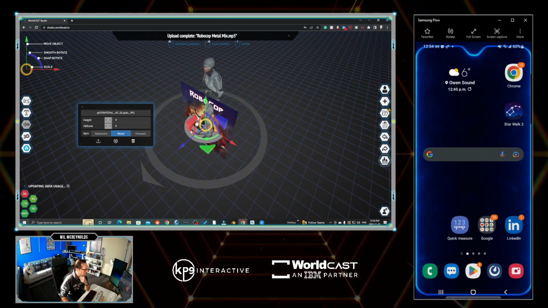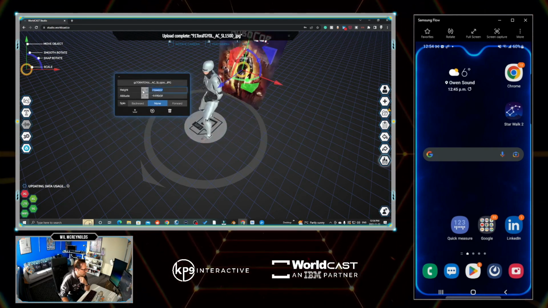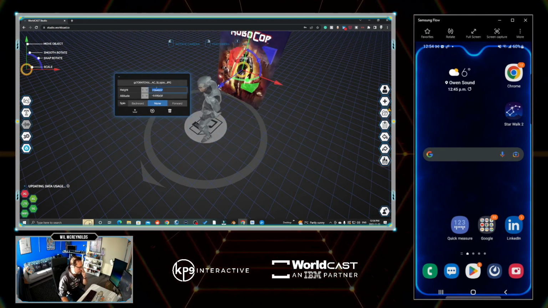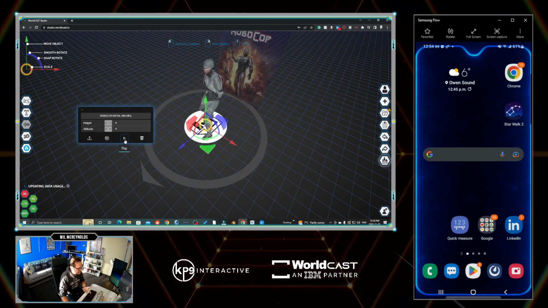All right, I'm just going to rotate this image up and place it behind for now. And you can see, I can see the size of this. So I don't have to go looking for a panel. Any object you touch, all the elements you need are right there. So if I want to listen to the MP3,